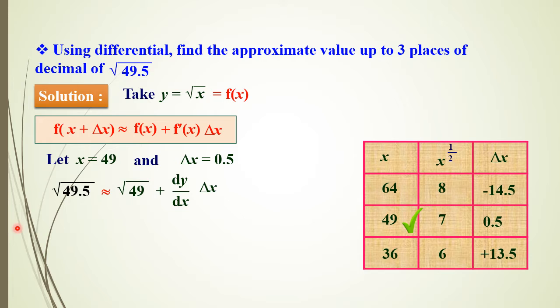When finding the approximate value of any kind of number, square root, cube root, fourth root, fifth root, fractional or non-fractional, first of all we need to apply the concept of first principle of derivatives. First, y is equal to root of the given value. 49.5 is the given value under the root, so just for timing, consider this entire value as x. So y is equal to root x.